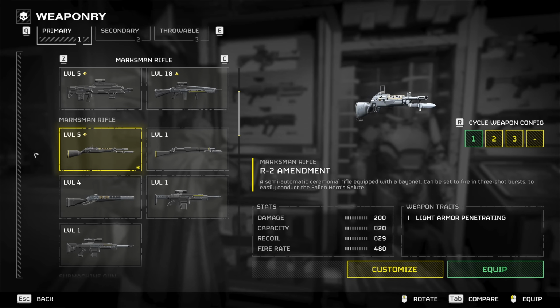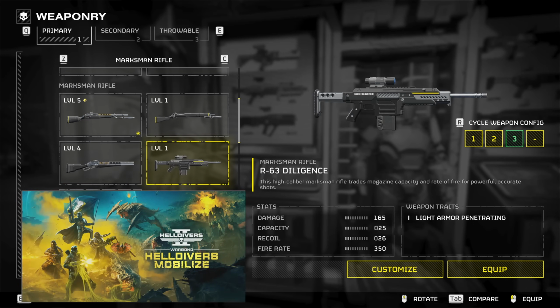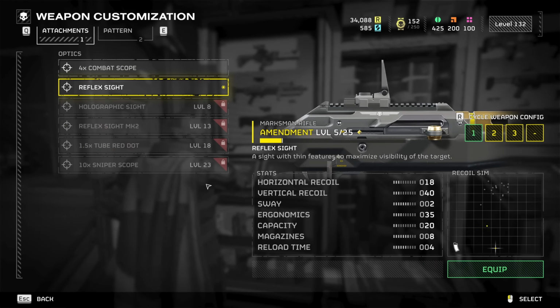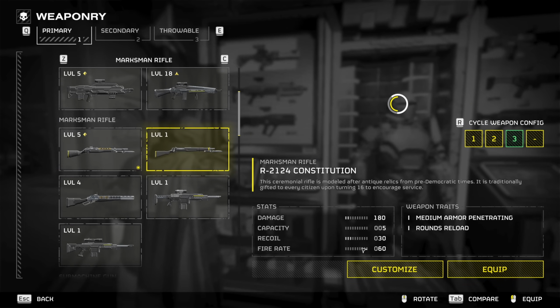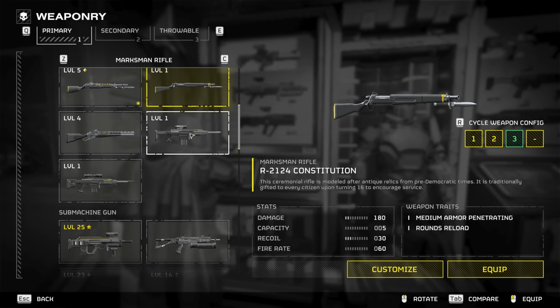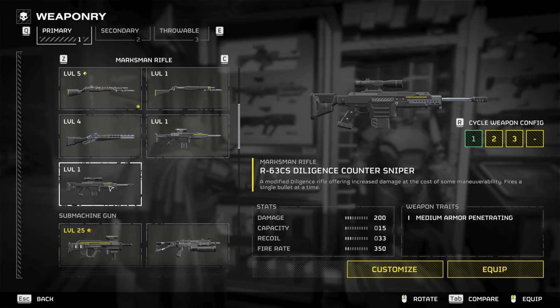For the marksman rifle, there isn't really much choice here. It's either between the Diligence Counter Sniper and the Diligence. I'm not saying these other three guns are bad, it's just they don't really offer much customization. This is just the optic for Amendment. Same for Deadeye, it's only optic. As for the Constitution, it's only patterns. So you only have really two choices for marksman rifle when it comes to leveling, which is the Counter Sniper